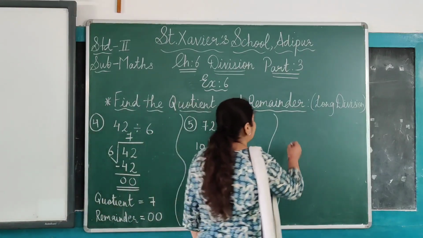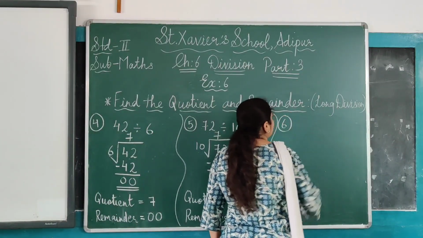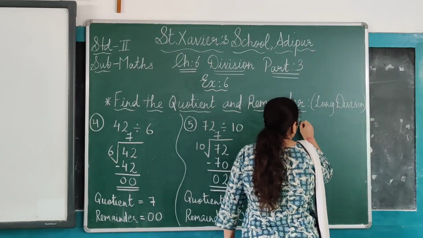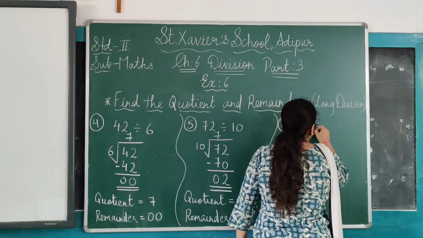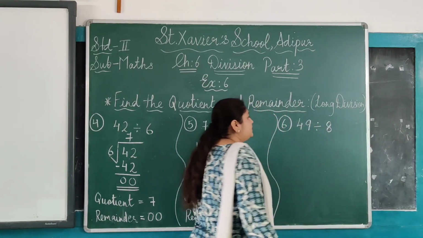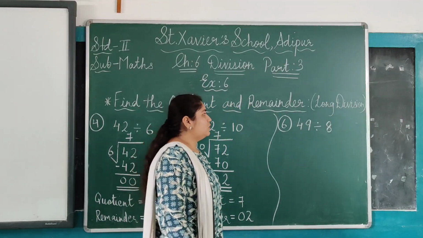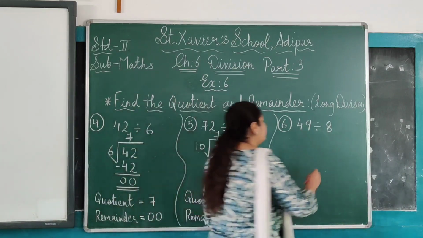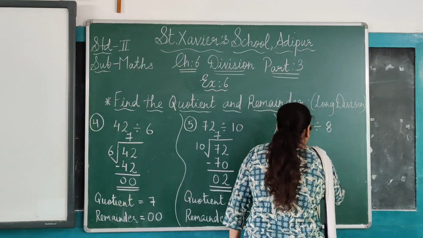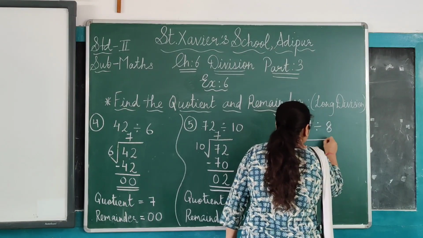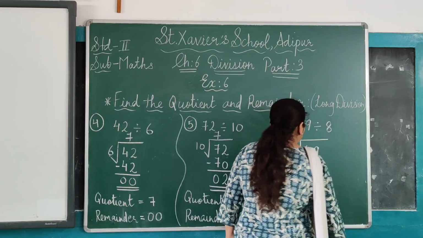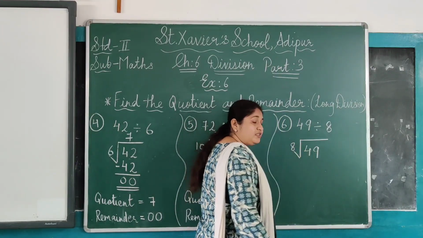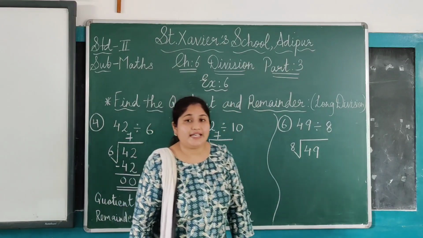Right? Now the last sum of this exercise, sixth one. Okay, so here we will divide 49 divided by 8. So here we will write down 49 and the symbol of division. Then 8. Up we have to check. Does this 49 come in the table of 8? Let's see. 8 ones are 8, 8 twos...